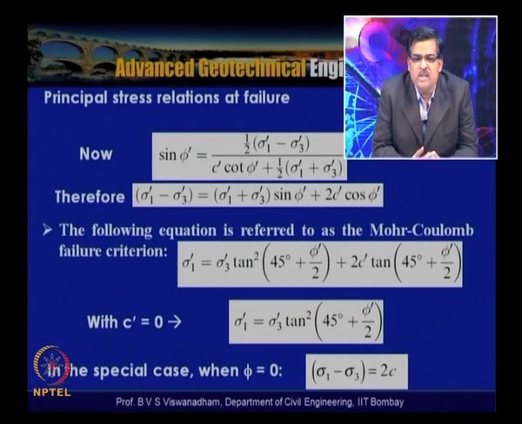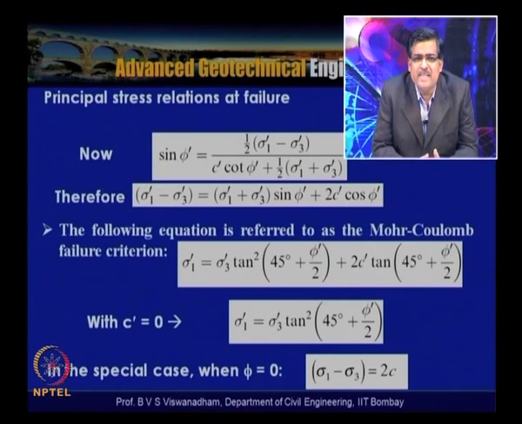is referred to as the Mohr-Coulomb failure criterion, which actually gets simplified to sigma 1 dash is equal to sigma 3 dash tan square (45 plus phi dash by 2) plus 2c dash tan (45 plus phi by 2). It is also called sigma 1 is equal to sigma 3 tan square alpha plus 2c tan alpha, where alpha is the angle of inclination of the failure plane, and this is also called the Bell's equation. Sigma 1 dash is equal to sigma 3 tan square alpha plus 2c dash tan alpha, or in terms of